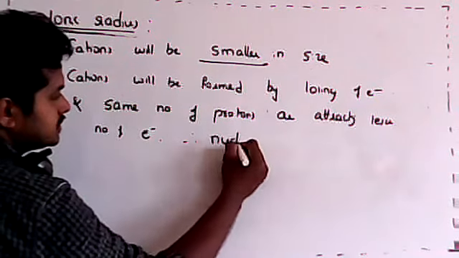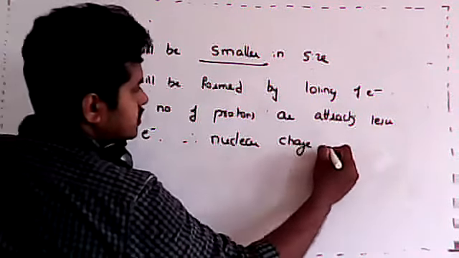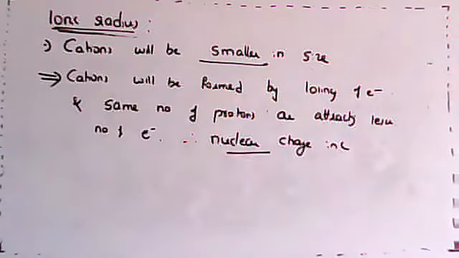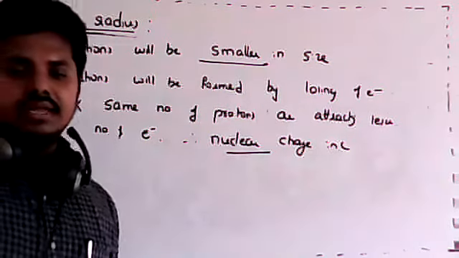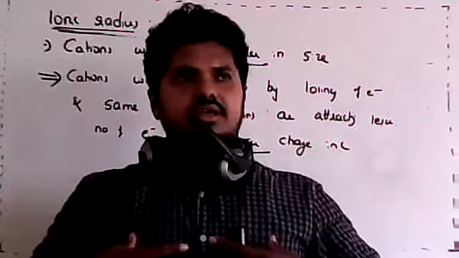Therefore what increases? Effective nuclear charge increases. Got it? It is just like, imagine there were 10 chapatis and 10 students. If I give the chapatis, each would get one. Now imagine 2 students have gone home. So the 10 chapatis will be distributed among 8, so each student will get more. That is what you call effective nuclear charge. If the nuclear charge is more, the attracting power of the nucleus will be more and they will attract more, and whenever there is more attraction, the size will be smaller.